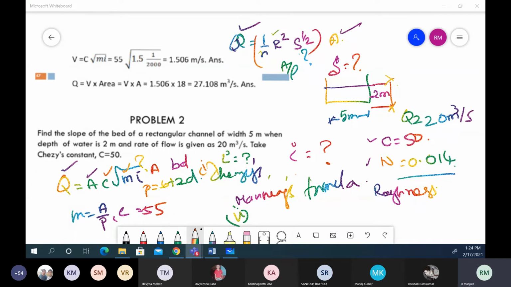You are following, right? And using Chezy's formula, we'll get I is equal to 0.144. Or you can say 1 in 6.94. You can say bed slope 1 in how much? 1 in 694. So check the formula with the values, units. Bed slope doesn't have unit.